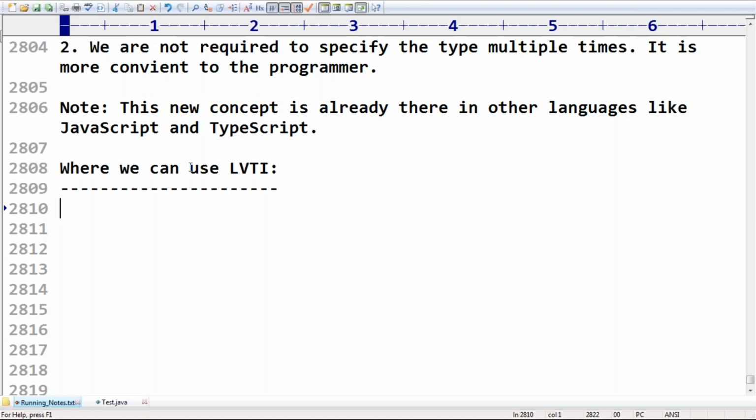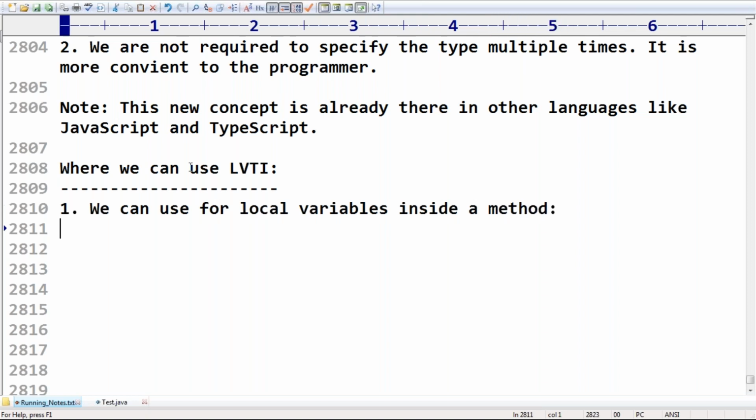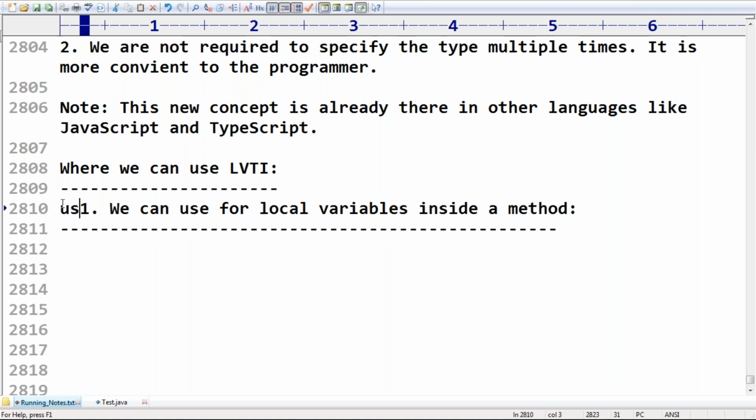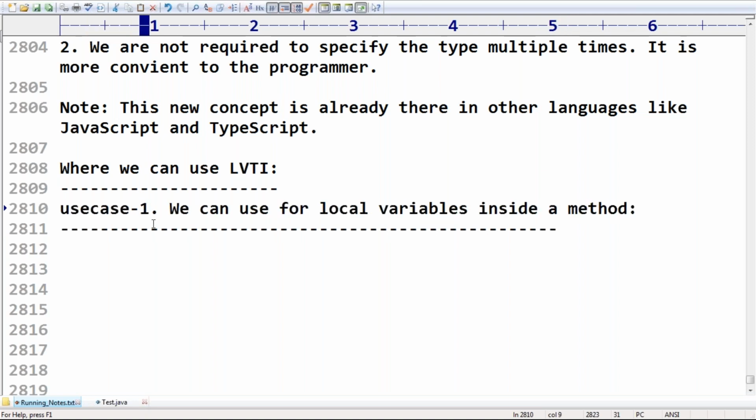Here we can use it for local variables. Yes, we can use it for local variables inside a method. Not much explanation is required about this one, because we already covered this use case in the example I showed.